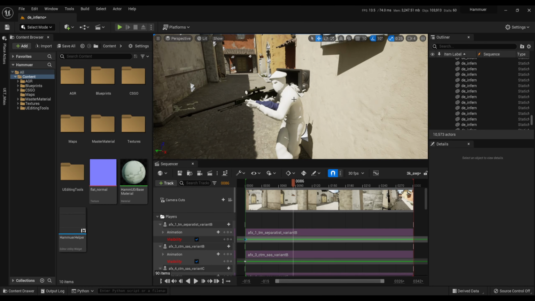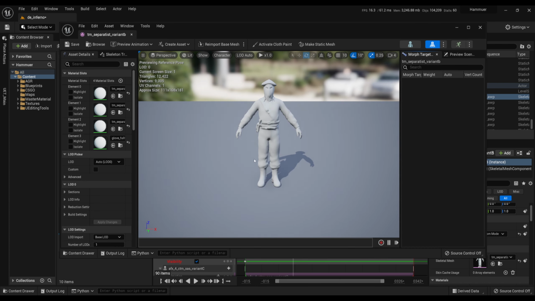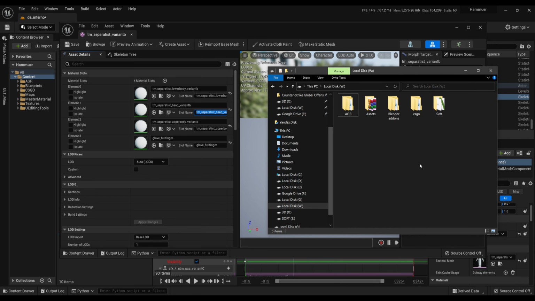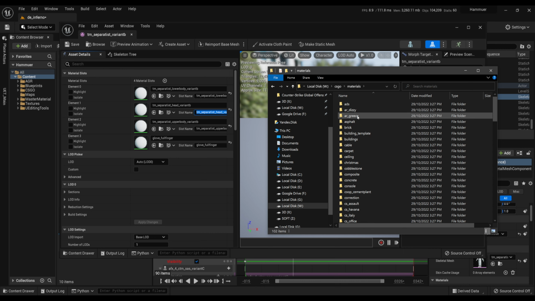You can check the original VMT file, it contains all info about textures. For this you need the name of a texture slot. Now find the VMT file with this material slot's name.